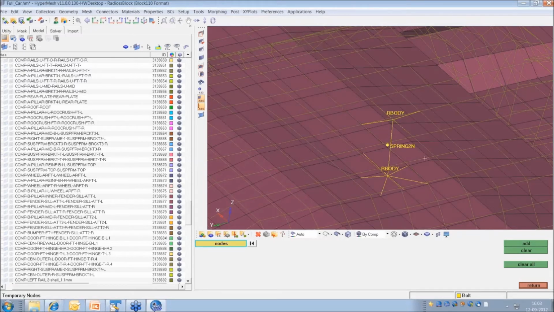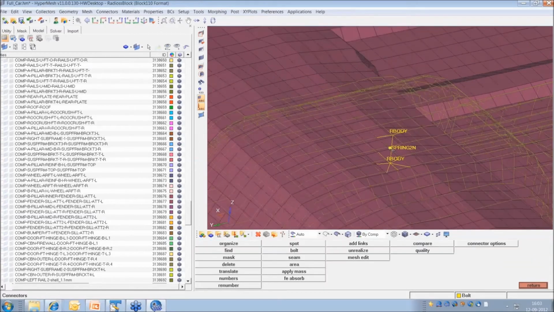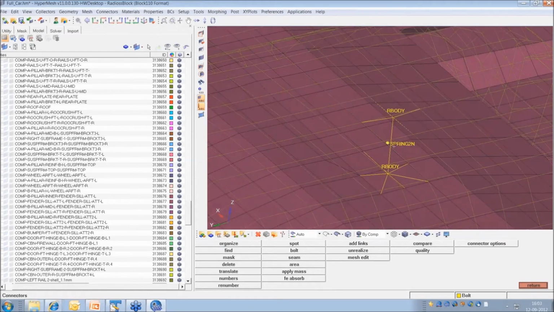So if you have to create it manually, it will take time. You have to create a temp node to which you have to attach this rigid, and then you have to attach the spring also, and then you have to make the coincident node, which is a detailed procedure. But here, through this, you're getting the spring in a very easy way. But one thing to keep in mind is it will not create the property of this spring automatically. It will just create a spring element. Later on, you have to create a property and update it.